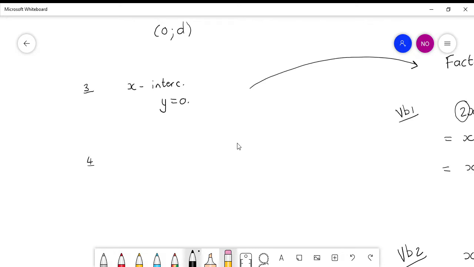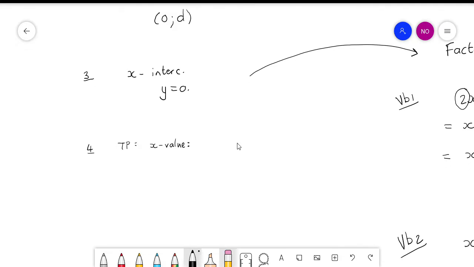So, to get the value of the turning points, to get the x values of the turning points, we are going to say you set the first derivative to